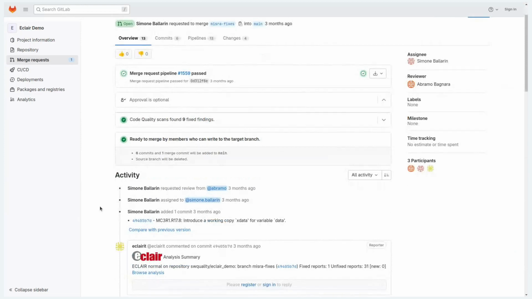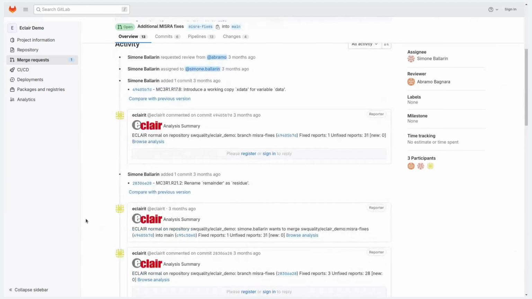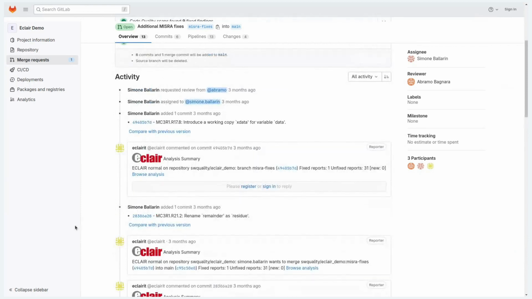So, for example, let's suppose that I am the reviewer of this pull request. I can immediately see the results of the analysis, and maybe I can see that this merge request has introduced 4 new violations in the code base,